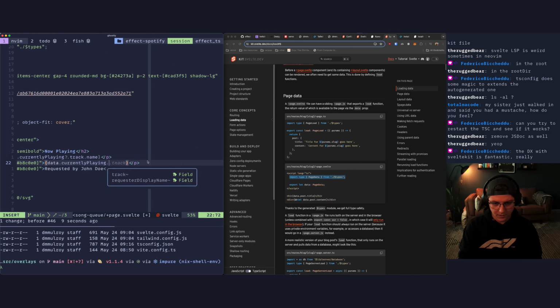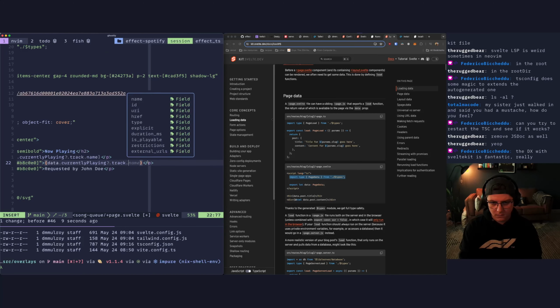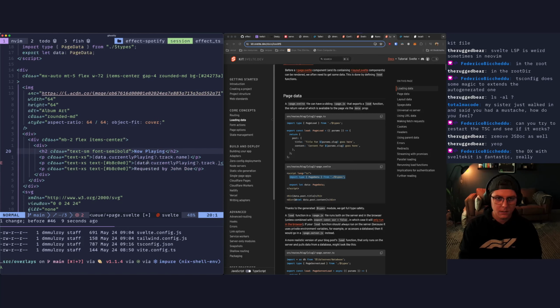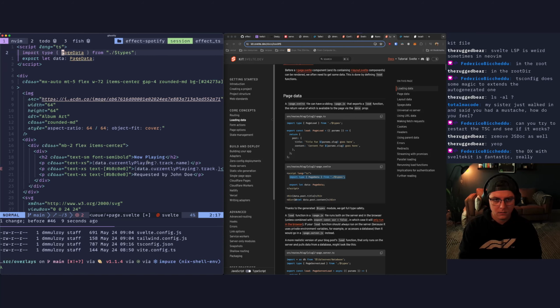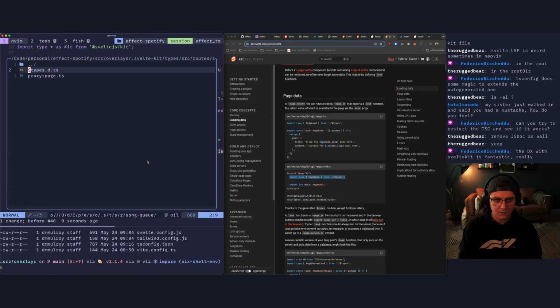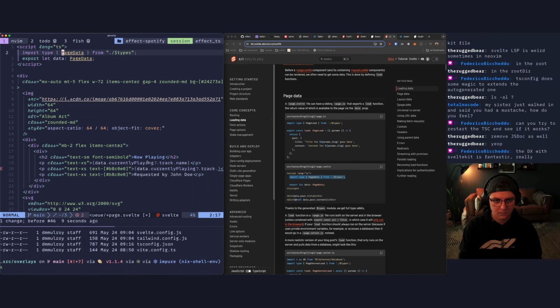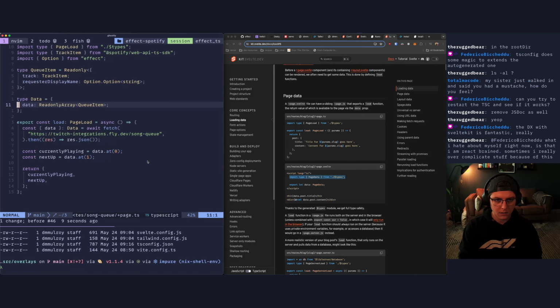Data dot currently playing dot track dot artists. Oh, that's not a track item, by the way. That is going to be, whoops, we have to go here. This is just a track, not a track item. Okay.